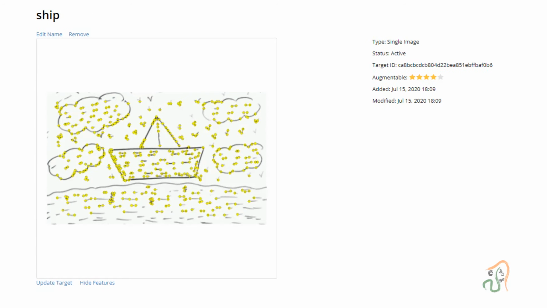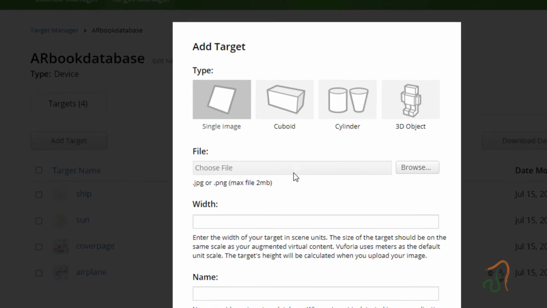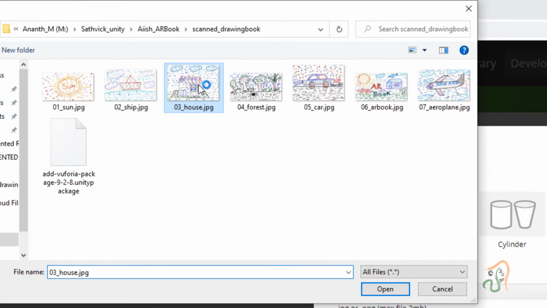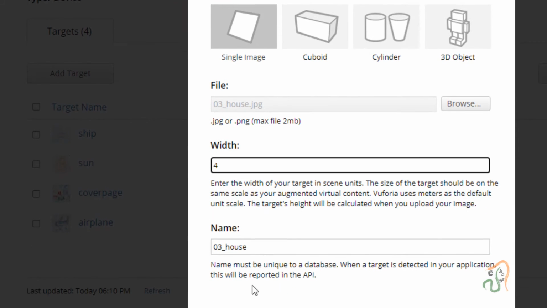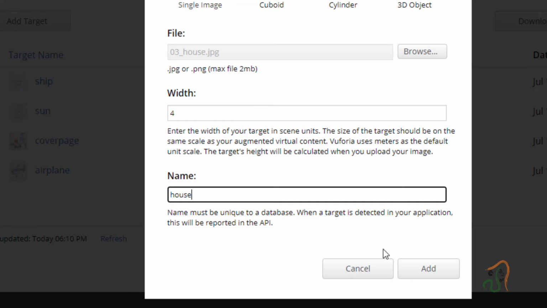After this, come back to AR book database. We have loaded 4 images now. Again click on add target with single image. Now after ship, select house. Selecting house, click open. Now come to width, set the width to 4. Give this the name as house and click add.